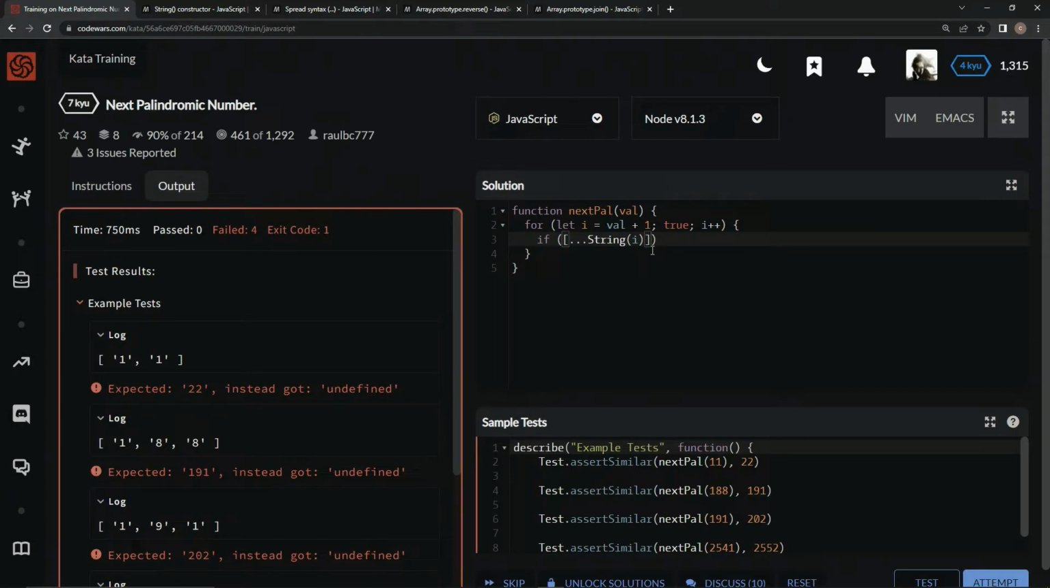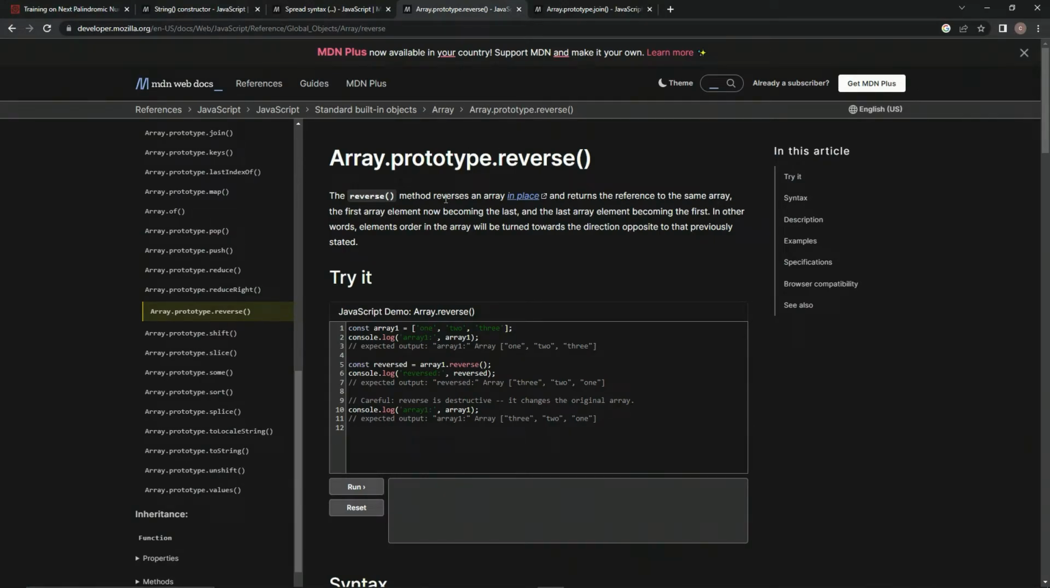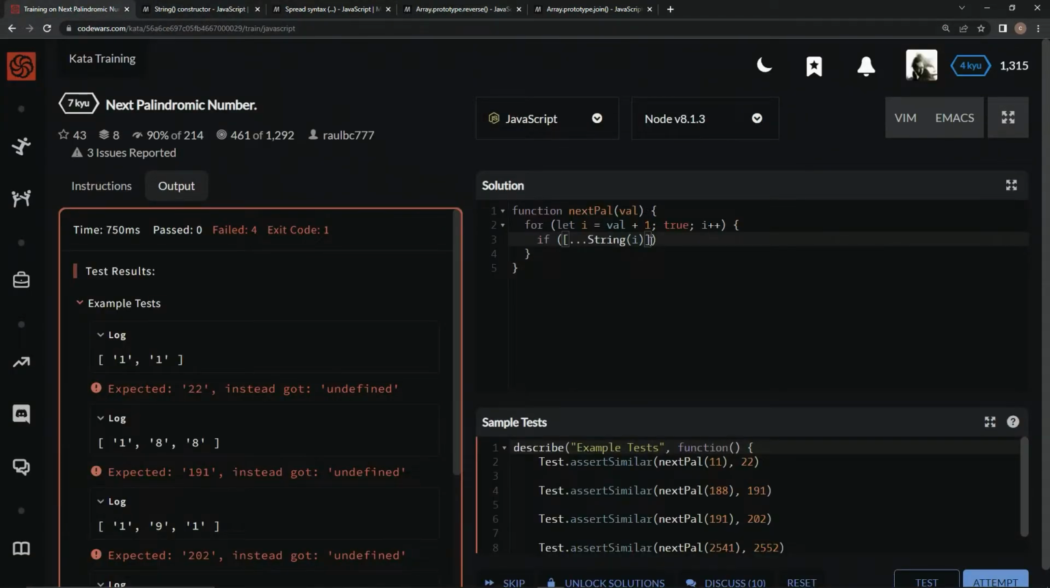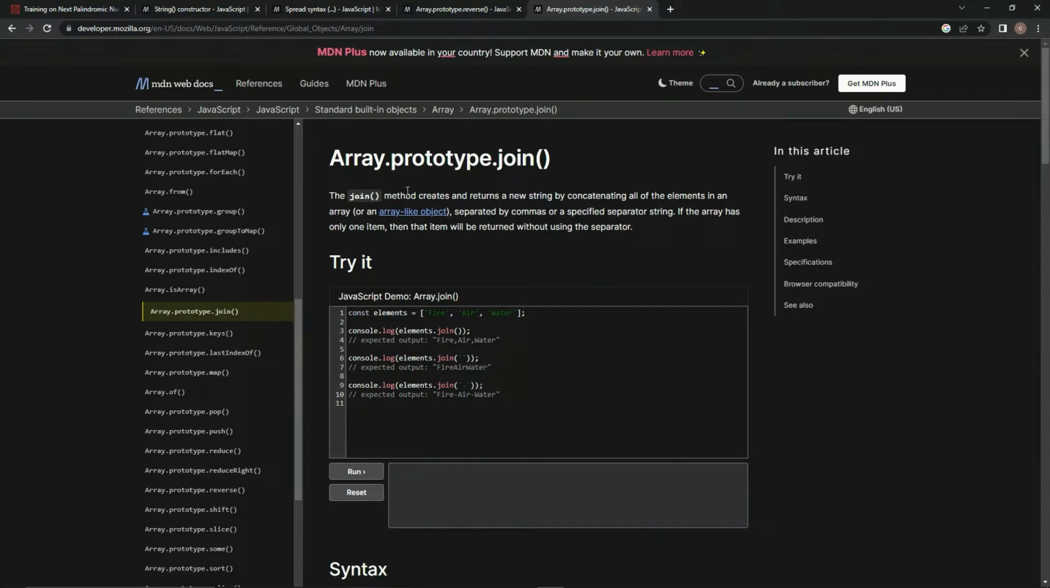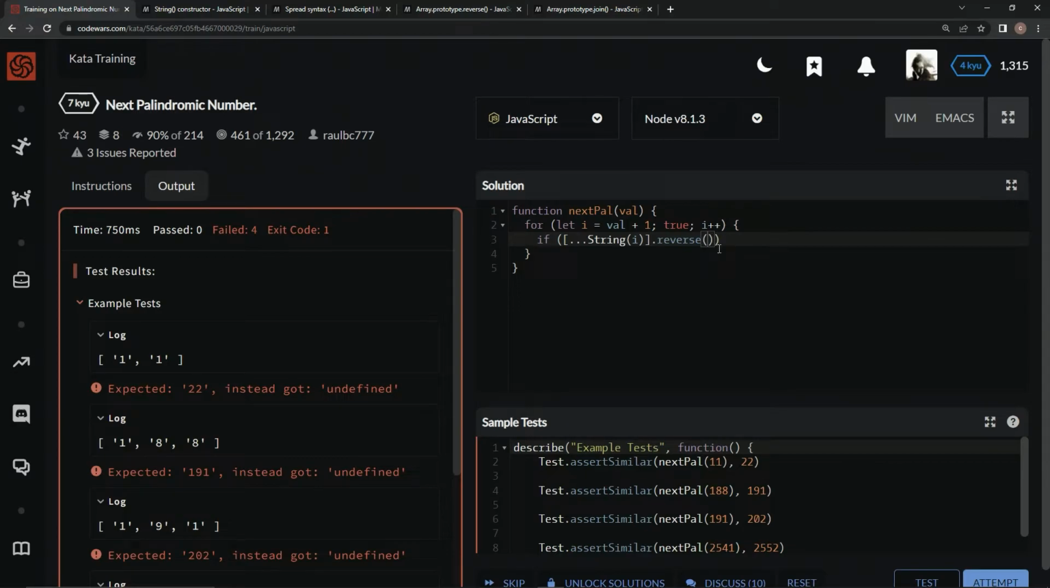If this, and then we're going to reverse this array right here using this reverse method, which basically just reverses an array in place and returns the same array reversed. So we're going to say .reverse. And then we're going to join it back together using the join method, which creates and returns a new string by concatenating all the elements in an array separated by commas or a specified separator string. So we're going to get rid of the spaces between the characters by just putting an empty string in here. That way all the numbers just butt up next to each other. So we're going to say .join